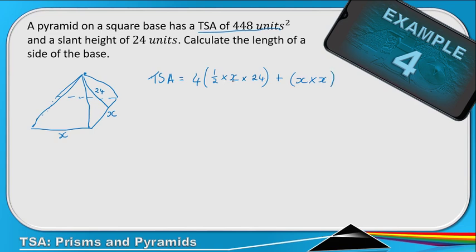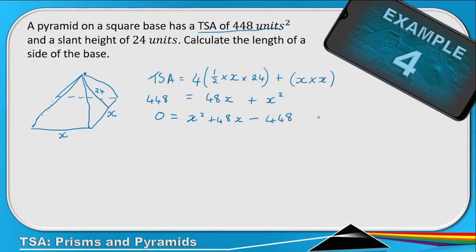Now let's simplify this and substitute in our total surface area. Then our only unknown here will be x. So we have 448 equals, 4 times a half is 2, and then 2 times 24 is 48, so 48x plus x squared. Now we can see we have 3 terms here, and we have an x squared, which means this becomes a trinomial. In a trinomial equation, we take everything to the one side, so 0 is equal to x squared plus 48x minus